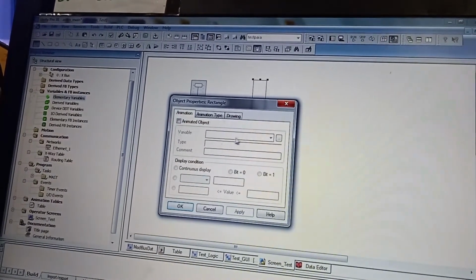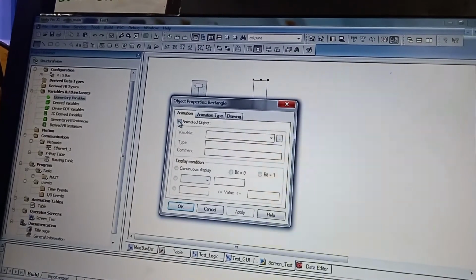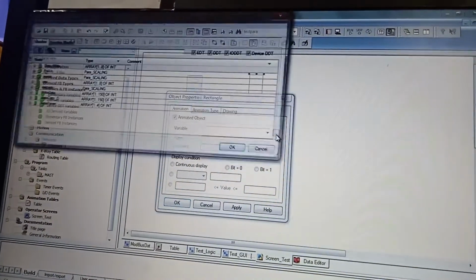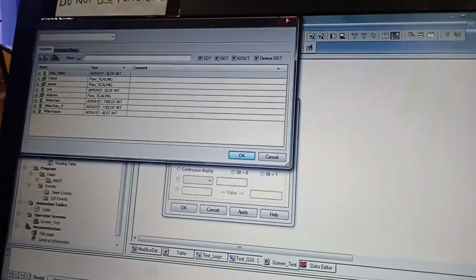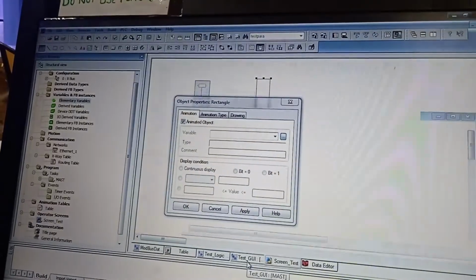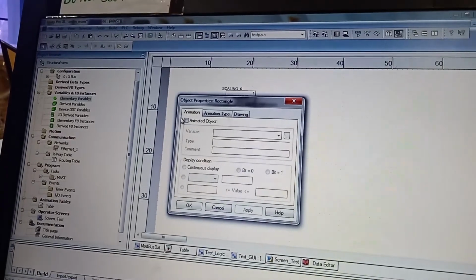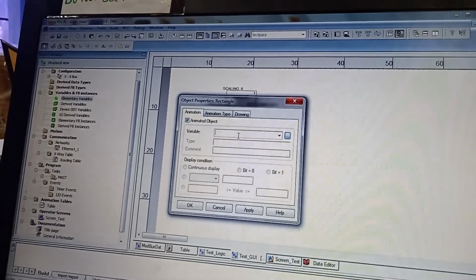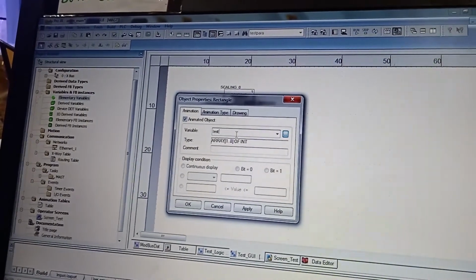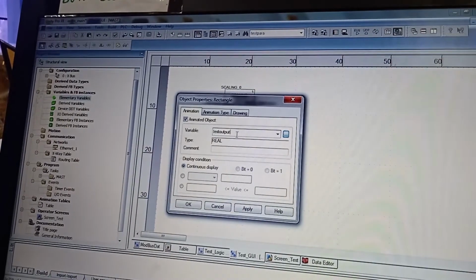Then you go to here, it's an animated object. Here again we see that is my test output. So here you write test output.